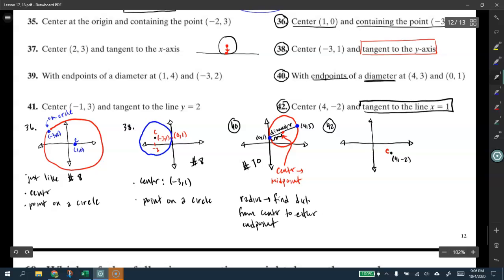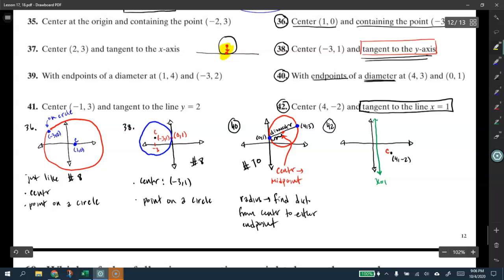I want you to think about what type of conclusions we made earlier when we said there was a tangent to the y-axis. The line x is equal to 1 is essentially a line going down this way. That is not the y-axis, but it basically has the equation x is equal to 1. So if this circle is tangent, we just discovered that whenever something is tangent, as we talked about earlier,